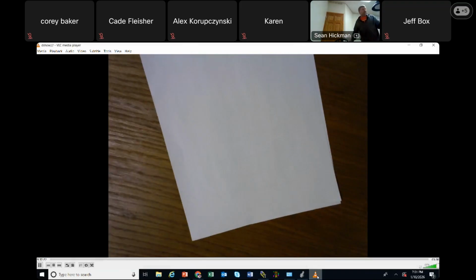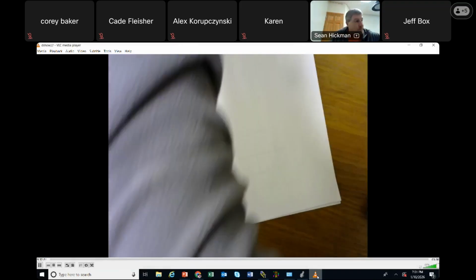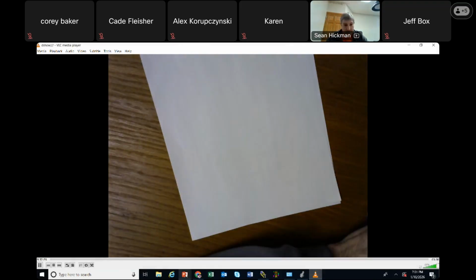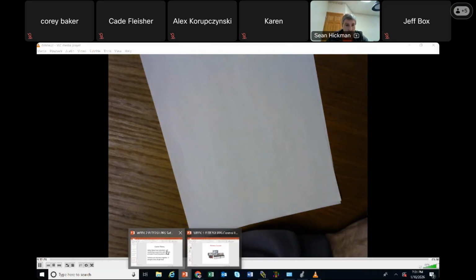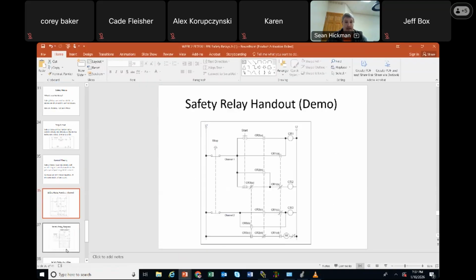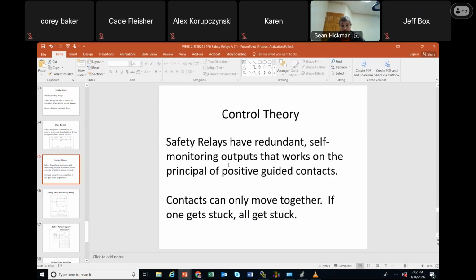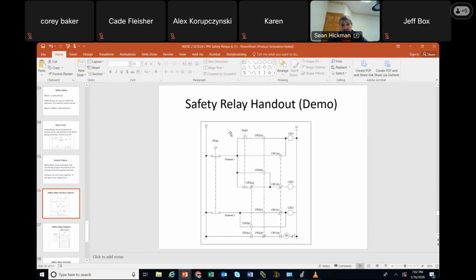Okay, wonderful. So what we got going there, if I come back to here, is my control theory on this. This is what I just showed you. Here's a control relay, here's a control relay, here's a control relay, and that's a safety relay. They have redundant self-monitoring outputs that work on the principle of passively guided contacts. Contacts only move together. So when we come here, we know that when CR2 closes,